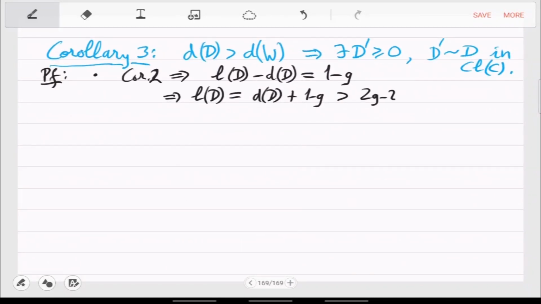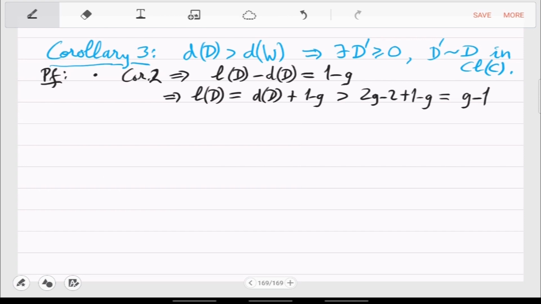So that's 2G minus 2 plus 1 minus G, which is G minus 1. I guess I need G to be positive also. Or not actually. Yeah, G equal to 0 will also be covered, because for G equal to 0 you are just saying that the class group is 0. That's fine. And when this is greater than or equal to 0,